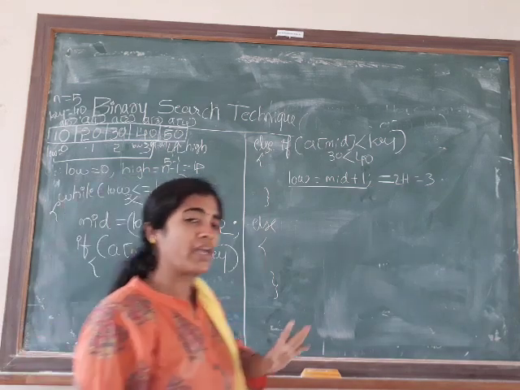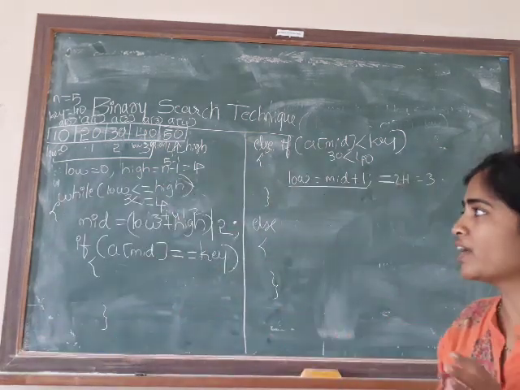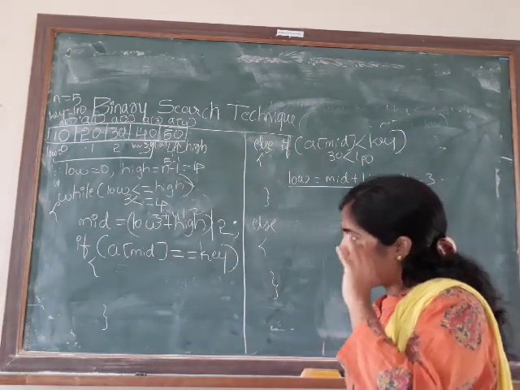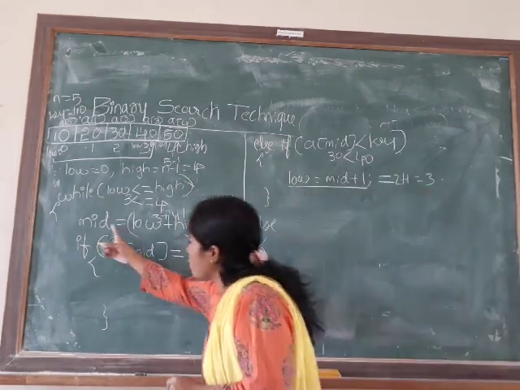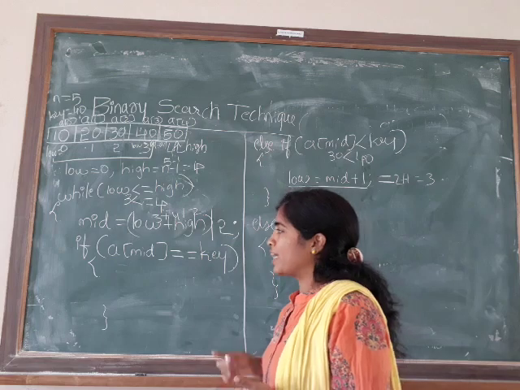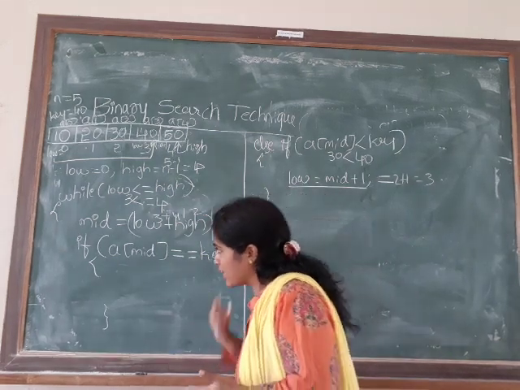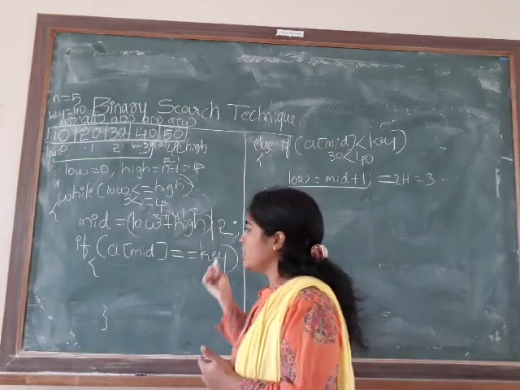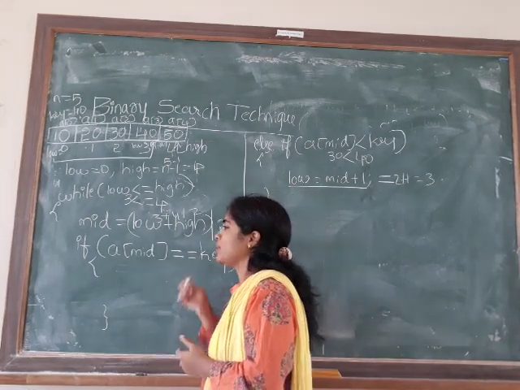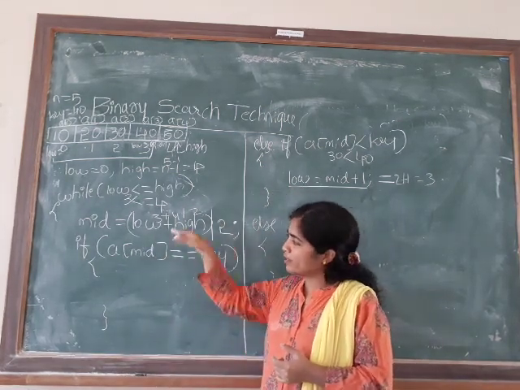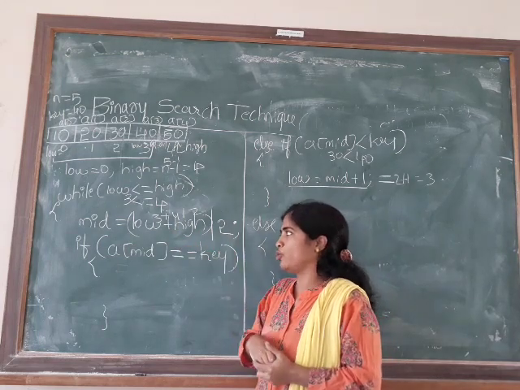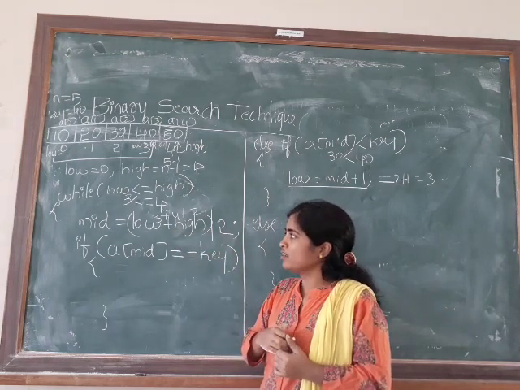Now you understood why I told you in the beginning to declare low, high, mid, key as integer? Because mid I take as an integer. If I declare them as something other than an integer, it is difficult for me to do any kind of comparison here. That's why, to get a round value, to get an integer value, it is better to declare it as an int.